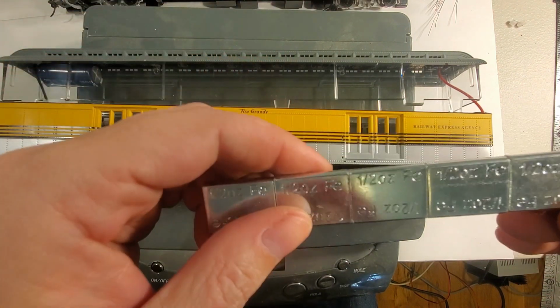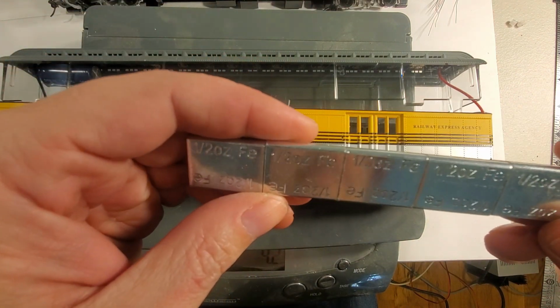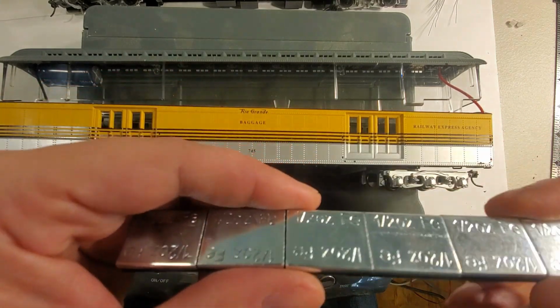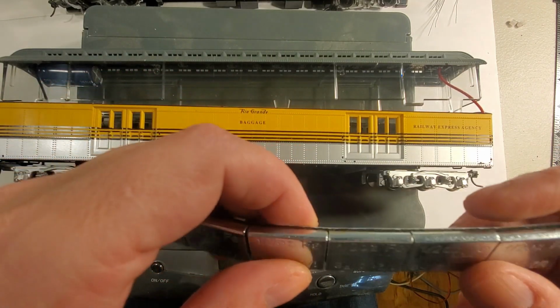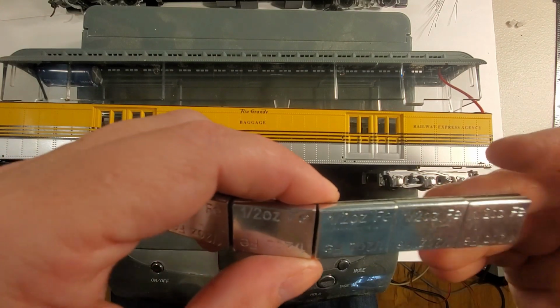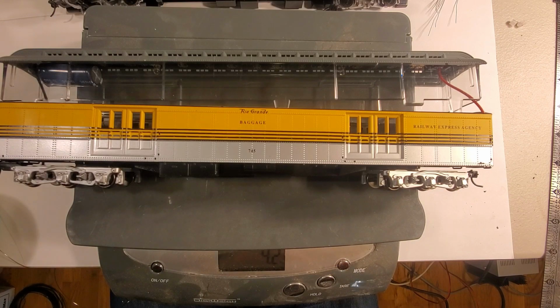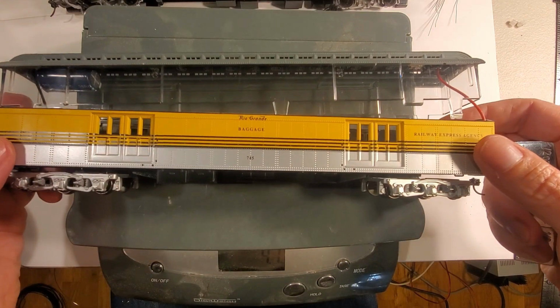These are balancing wheels for your car. You can get these at the parts store. They're super cheap, probably online too. So they're half an ounce each. So I'm gonna go ahead and grab 3 of these. And then I'm gonna stick those just in the,